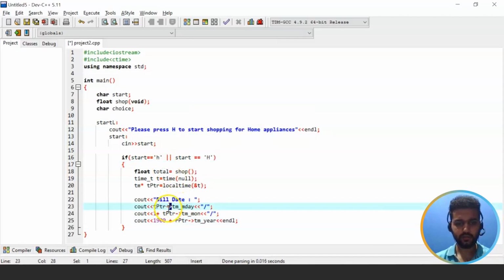So as you can see here, we have used the arrow operator. The arrow operator in C or C++ gives the value held by the variable name to the structure or union variable of the pointer name. After that we can see we have used the tm_mday